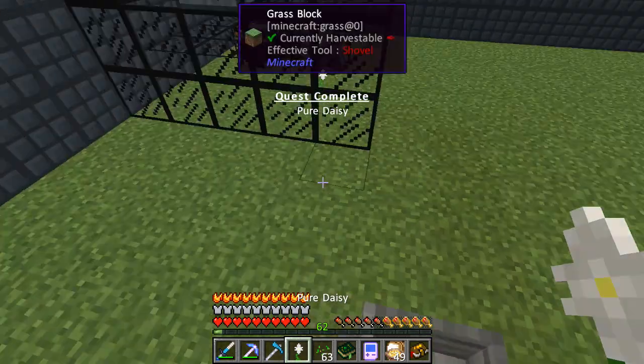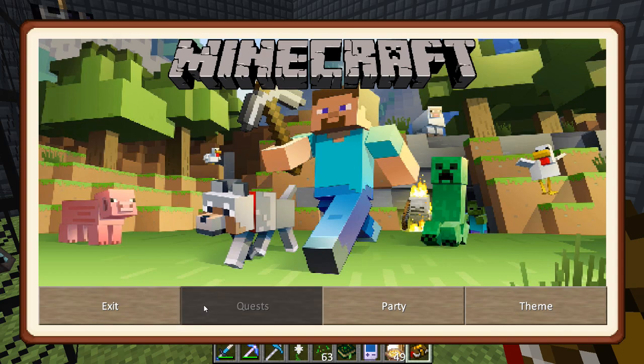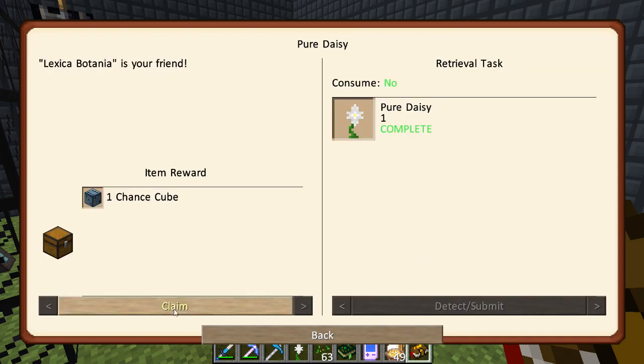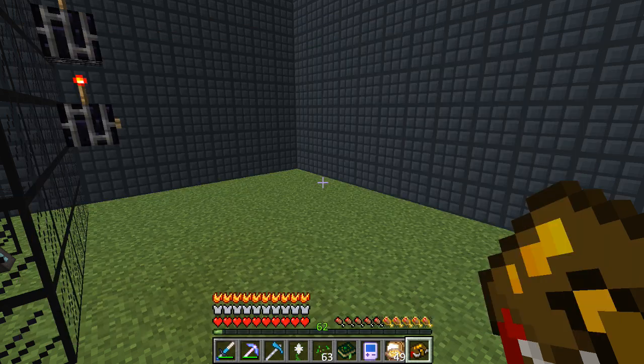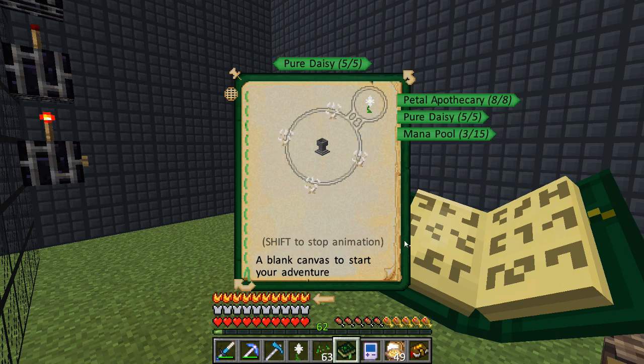There we go. So if we go into our book over here, I'm pretty sure pure daisy is part of the gardening quest line. It is right here. Cool. We get some more camps, which I know we haven't opened, but I'm gonna do those eventually. So now we need to get some living wood and some living rock. In order to do that, the Lexica Botania gives us a very simple